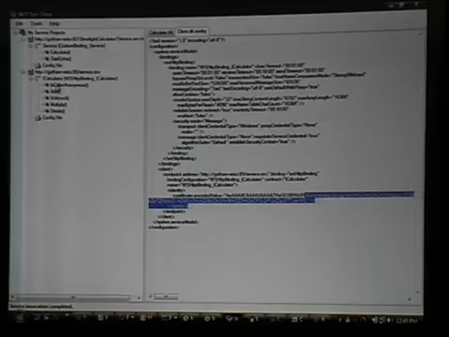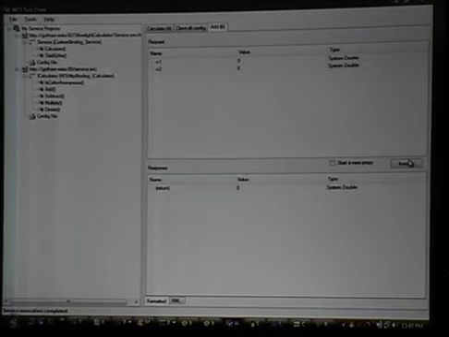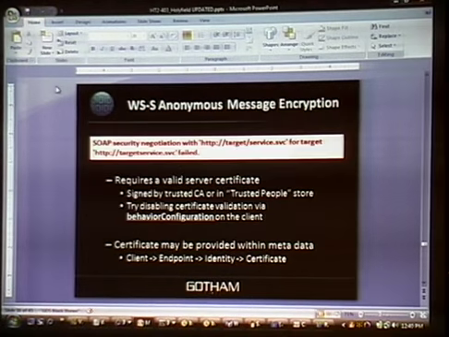The reason it's going to throw an exception is that this certificate, if this was a valid SSL certificate issued by a trusted CA, you don't necessarily have to import the certificate. The problem is if you try to do this now, and I can even try to invoke one of these methods and see what happens, you're normally going to get an exception that gets thrown. Well, I think in this case I actually imported the certificate before the demo. But normally you're going to get an error, and the error is not actually very helpful. The error is just going to say the SOAP security